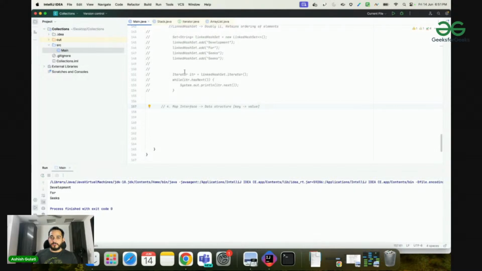In the set also we are storing Geeks for Geeks, but let's say there's a key value pair. Let's say you have keys like name is this and class is this, something like this, right? Then using just the set won't make sense, right? We would be needing something which supports storing key value pairs,